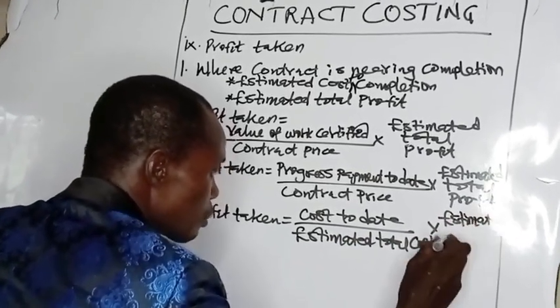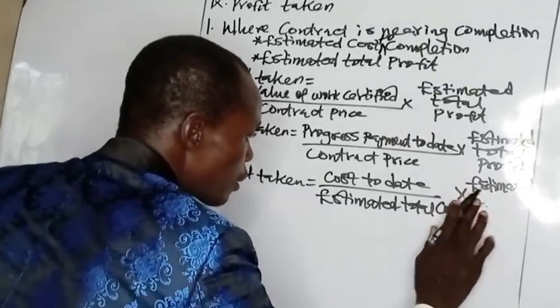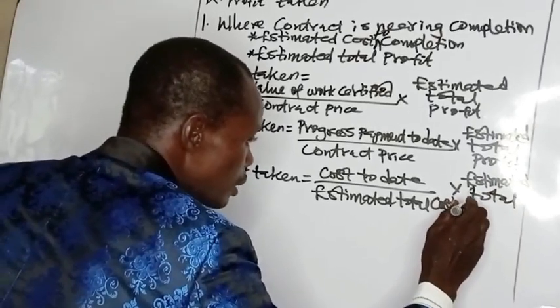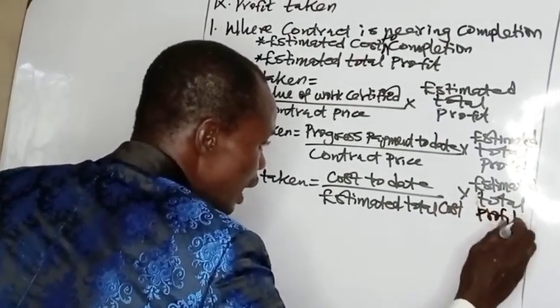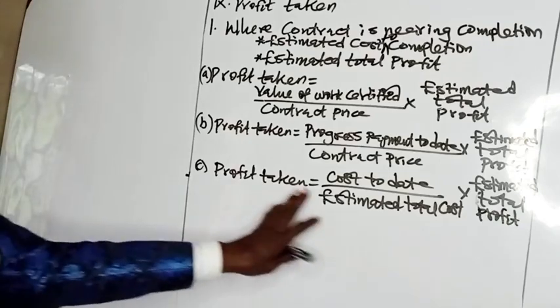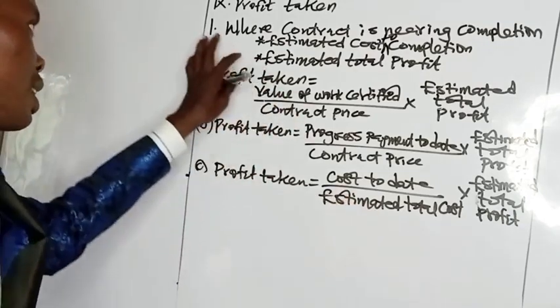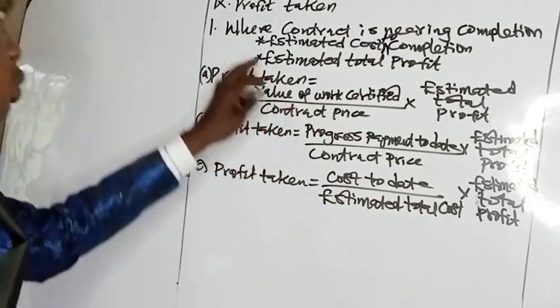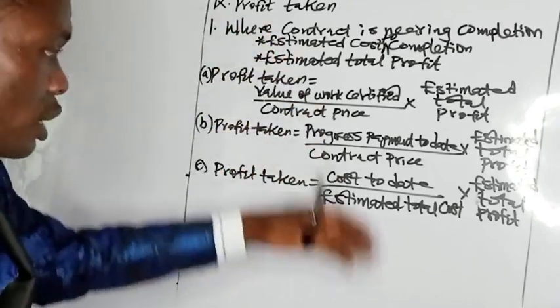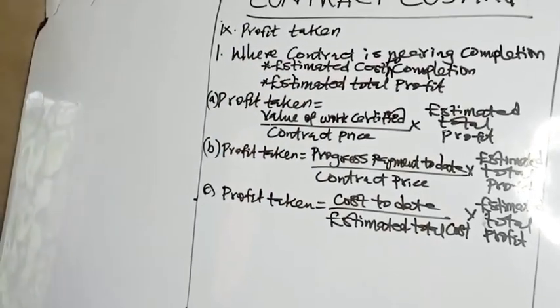Estimated profit, estimated total profit. I've given you the format for calculating the estimated profit or estimated total profit. That is where the outcome of the contract can be reliably measured, where the contract is nearing completion, say above 80% completed. But number two,